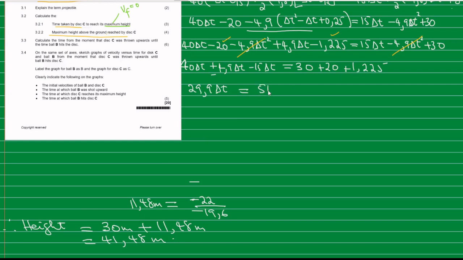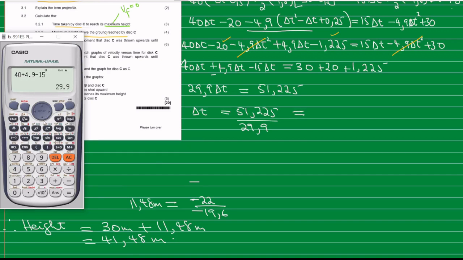So that's 51.225 divided by 29.9. So that will give us delta t will be equal to 51.225 over 29.9 to give us the time. Okay, let's punch it in. 51.225, okay,